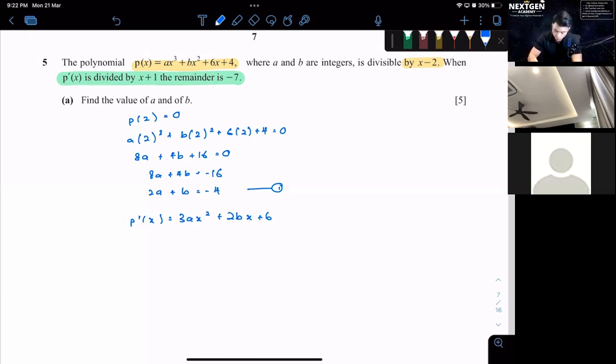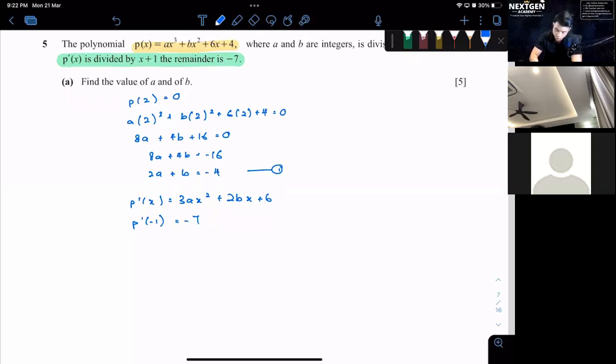Then we have to fulfill the statement. When divided by x plus 1, the remainder equals negative 7, so p prime negative 1 equals negative 7. Let's put into the equation. We'll get 3a times negative 1 squared plus 2b times negative 1 plus